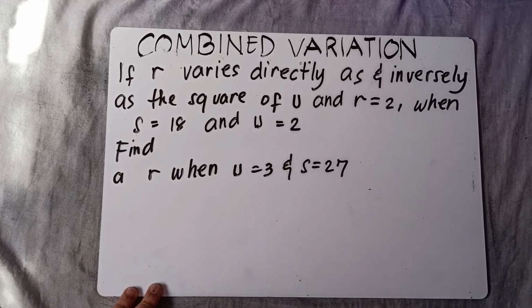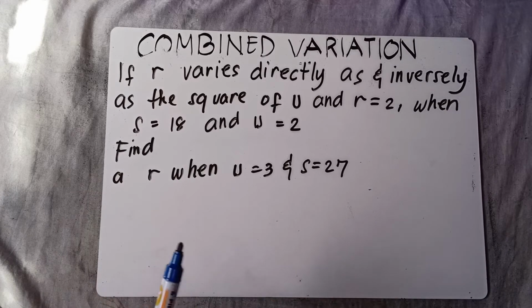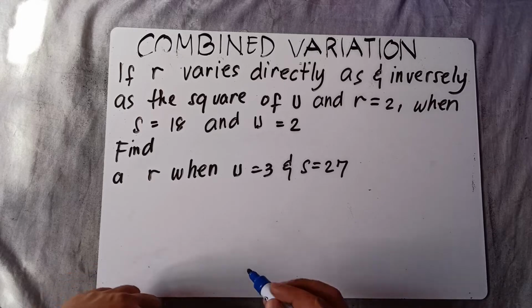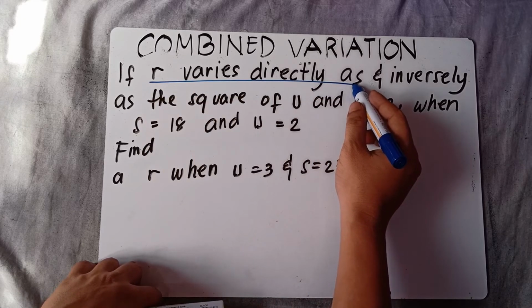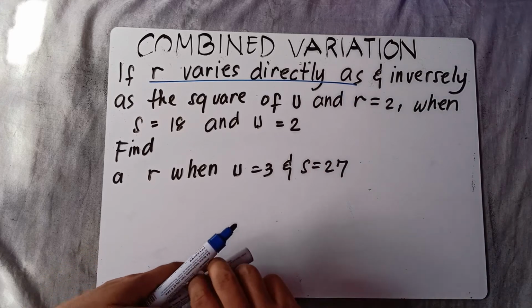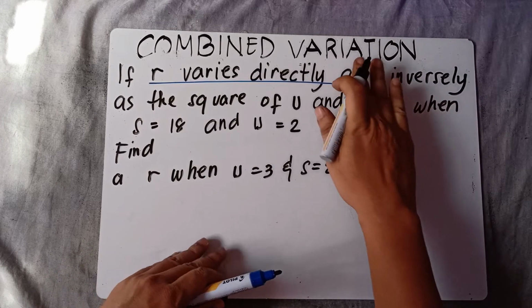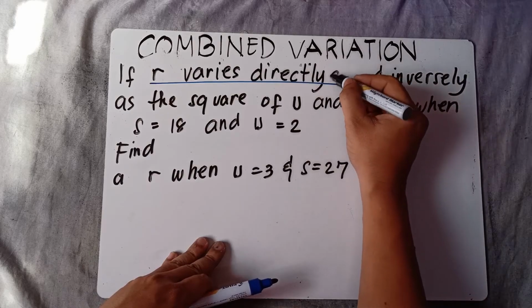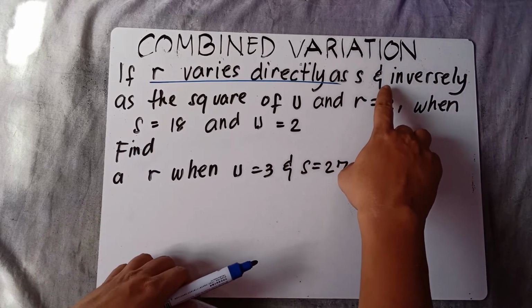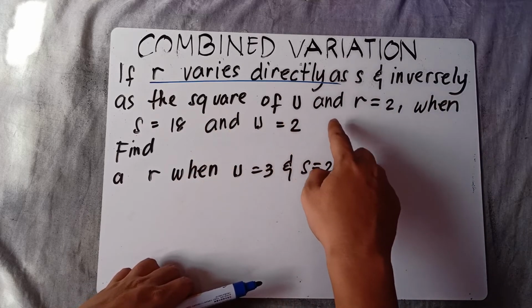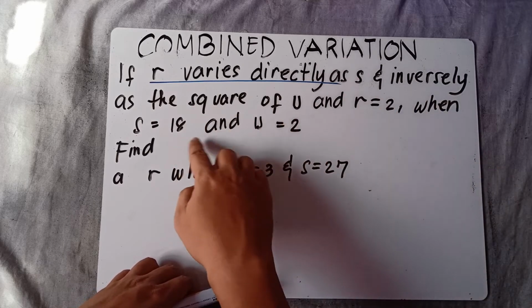Find R when U equals 3 and S equals 27. So convert this one first. R varies directly as S. R varies directly as S and inversely as the square of U, and R equals 2 when S equals 18